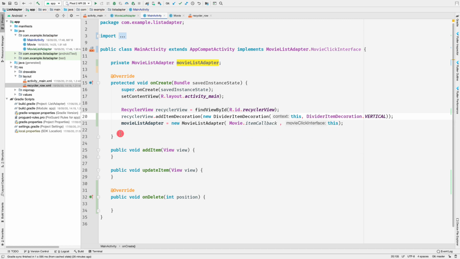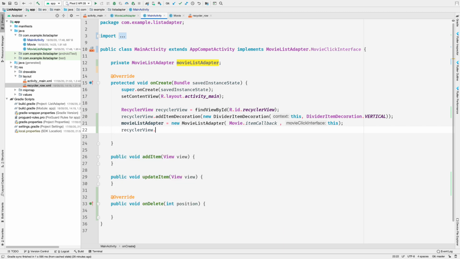like this. And now what we can do finally, we can simply say recyclerView.setAdapter, and movieListAdapter. And now that's all what you need to do to set your adapter as a ListAdapter inside your RecyclerView. And notice that we haven't till now provided any list of movies to our MovieListAdapter, because until you pass a list of items to your MovieListAdapter, it initializes itself with an empty list.